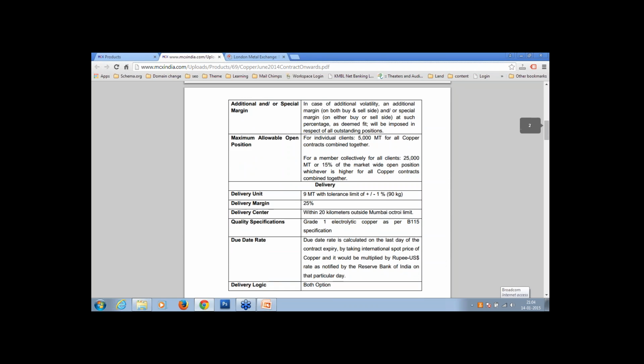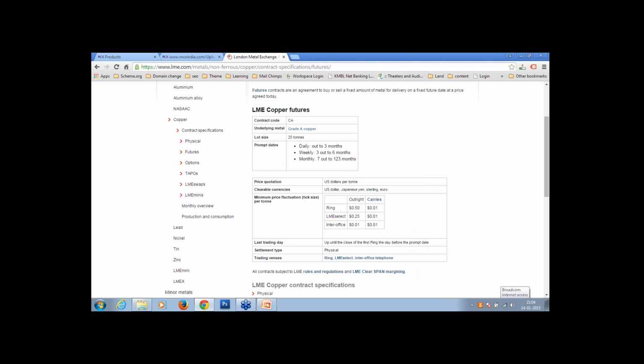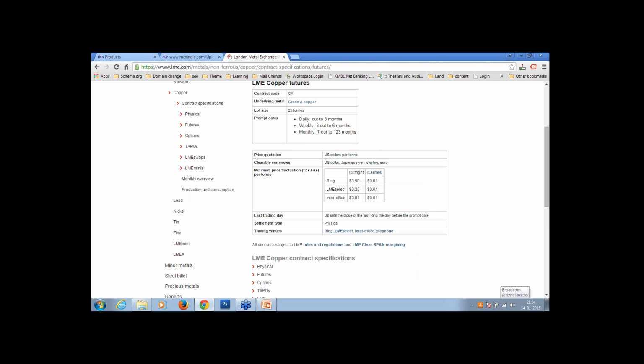Then we have the maximum allowable open position. The delivery unit you have to pay is 9 metric tons. Delivery margin is 25% you have to pay, and the remaining you pay at the final settlement. And the delivery center is within 20 kilometers outside Mumbai and the octroi limit. So there are other terms and conditions in the contract. If you want a detailed contract,